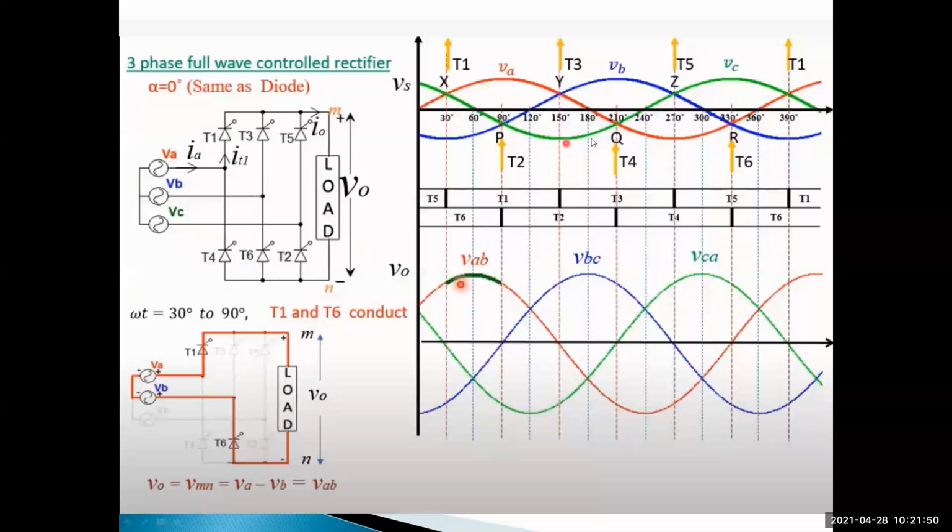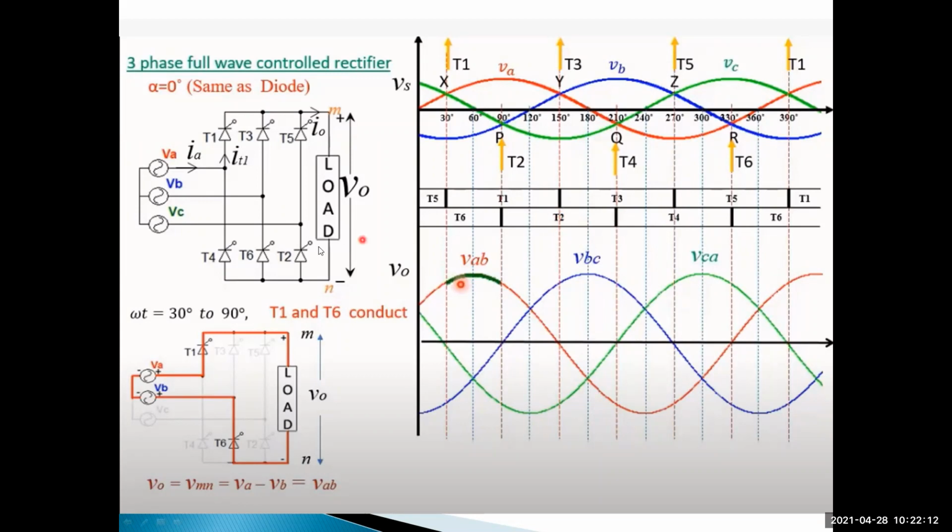So there are more negative phase voltages because of that. VC is negative. That means this T2 is forward biased. So for that reason only, in this region, the thyristor T2 is triggered. Like this, for the duration between 90 and 210 degrees, thyristor T2 is conducting.